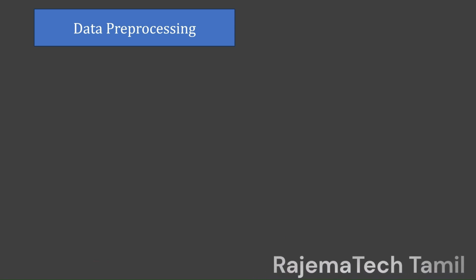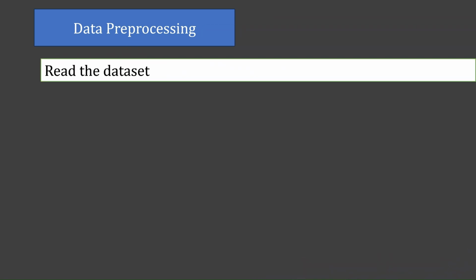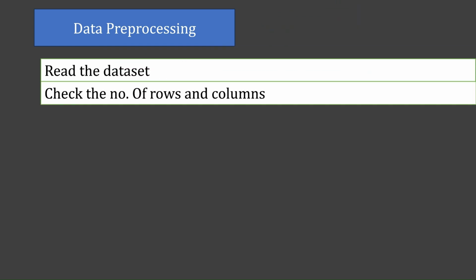Hello, today நம்ம என்ன பார்க்க போறோம்னா data preprocessing. First of all, what is data preprocessing? Data preprocessing is nothing but to clean and prepare a master data before training any model. That's the data preprocessing. Okay, first, you have to read the dataset, whether you have a JSON, CSV, or Excel,